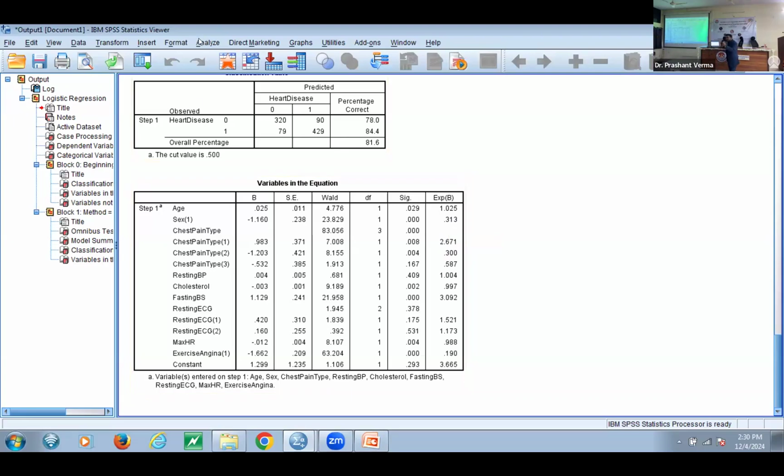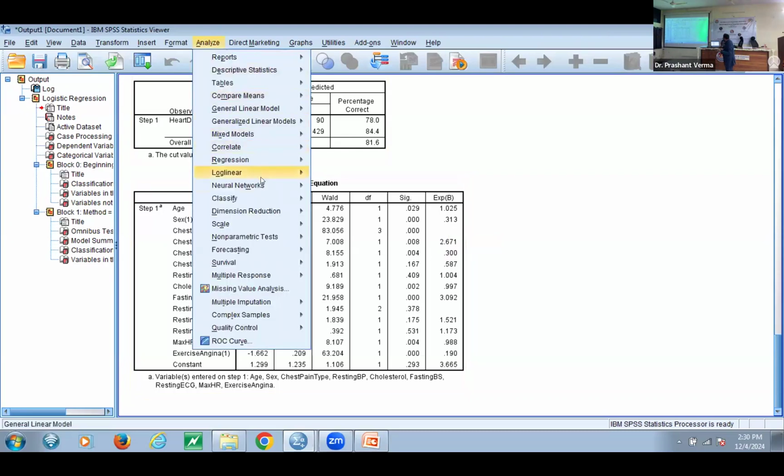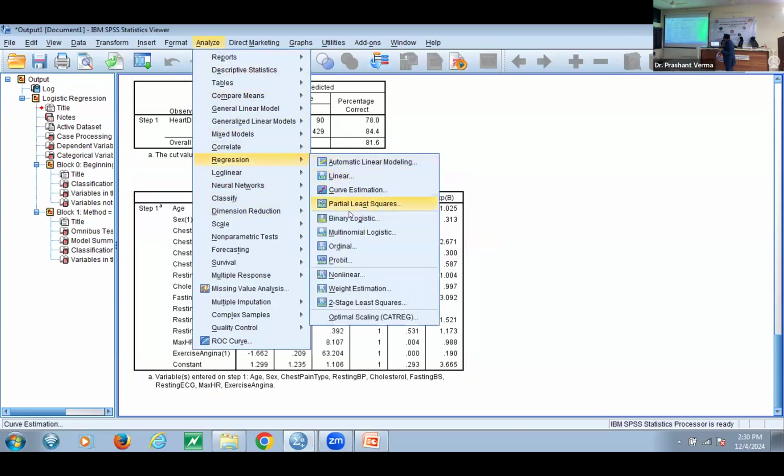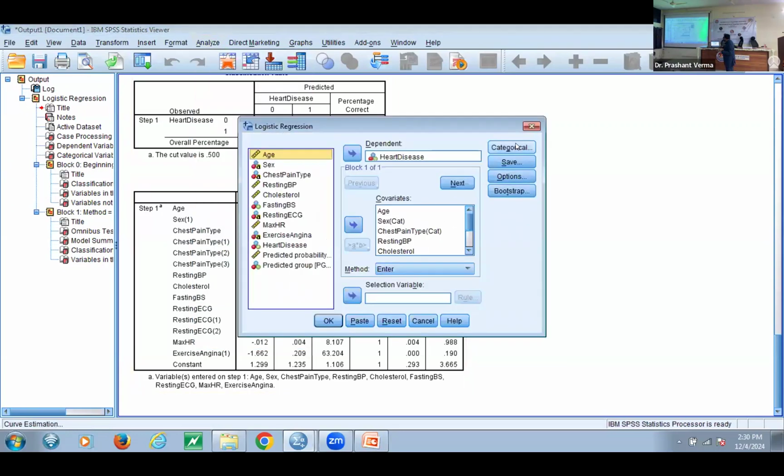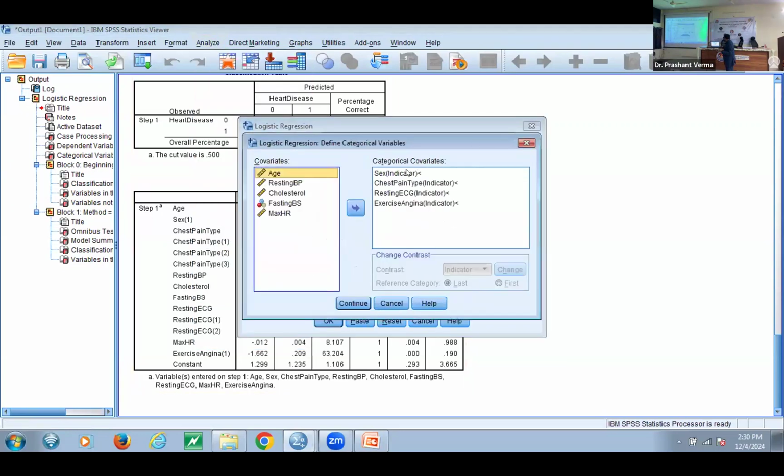If you want to make the interpretation the other way around, you will do the same exercise here. When we go to Categories, you can change the reference category for a particular categorical variable. This is only for categorical variables. There is no reference category in a continuous variable. In a categorical variable, we choose the reference category. By default, the reference category is the last one. Let's change it to the first one and click on Change.